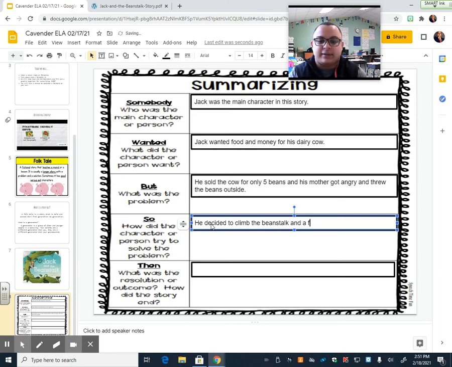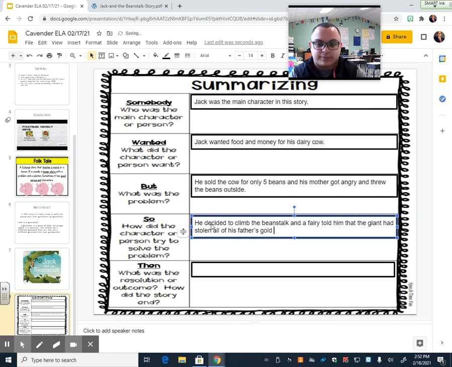And a fairy told him that the giant had stolen all of his father's gold. But that's not all he did. He started to steal the gold back, little by little.